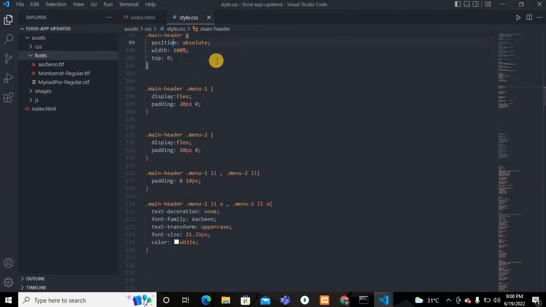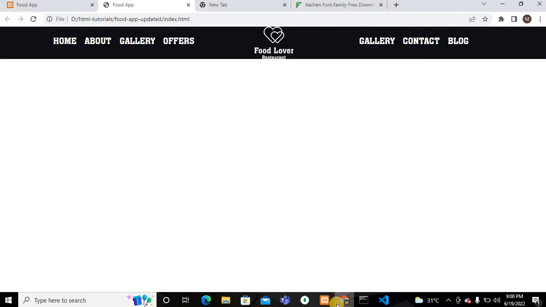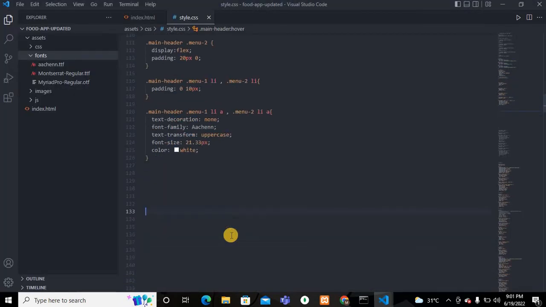Okay, so first I will comment this, so not this hover effect. Okay, so the hover effect is stopped, and this is my text. I have applied text transform uppercase, and I have some font size applied on this, like font size 21.33 pixel, and